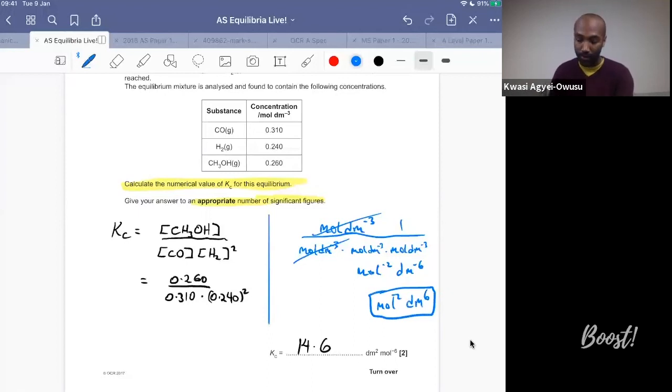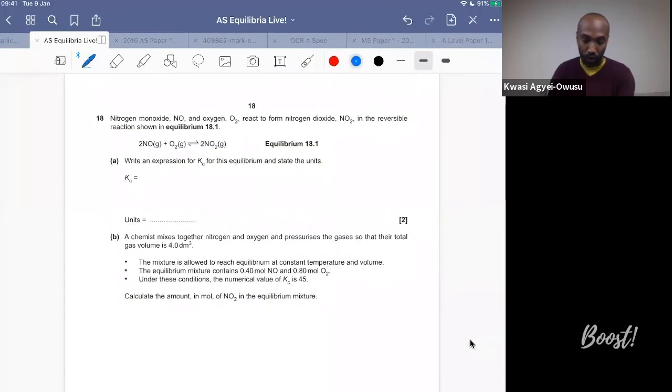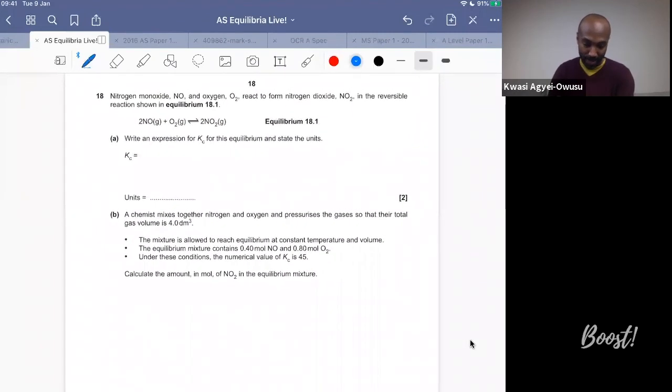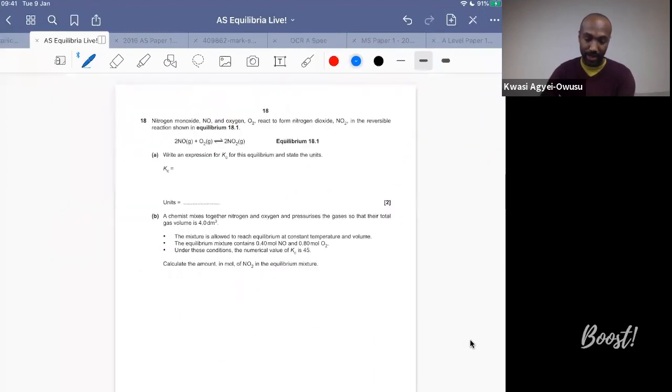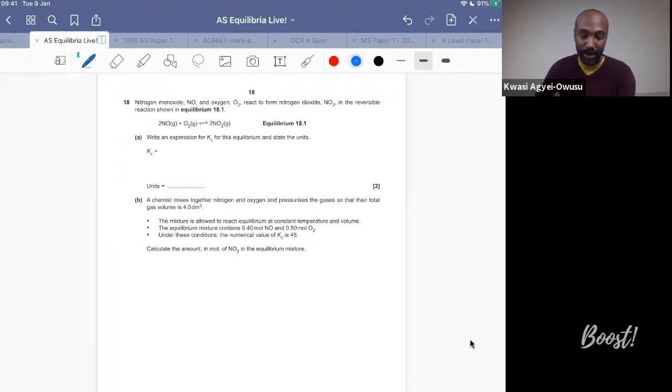Right, let's have one more go at another question. This time round, what have we got here? Okay, let's look at this one. It's another Kc calculation. We're looking at 2 moles of nitrogen monoxide reacting with oxygen to give us 2 moles of nitrogen dioxide. So writing an expression for Kc should be straightforward. It should be NO2 in square brackets, raised to the power 2, divided by NO concentration raised to the power 2